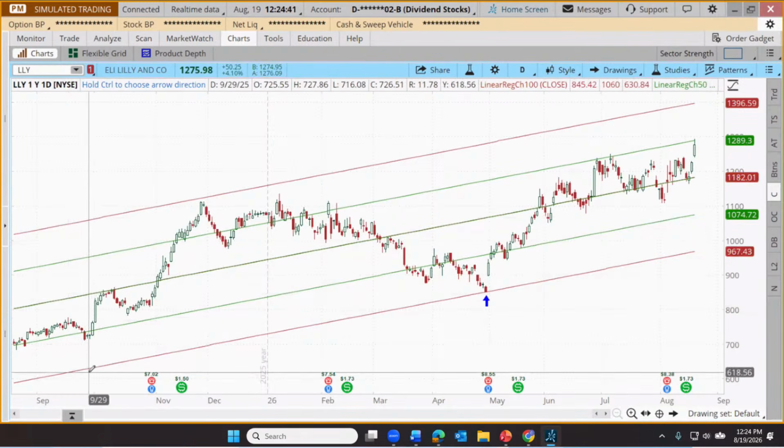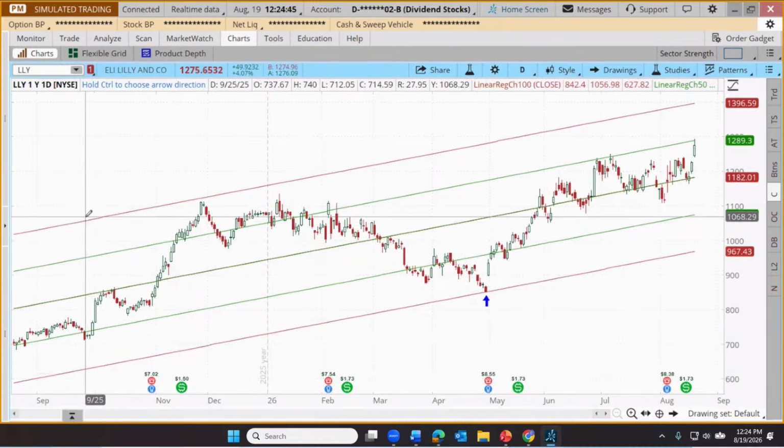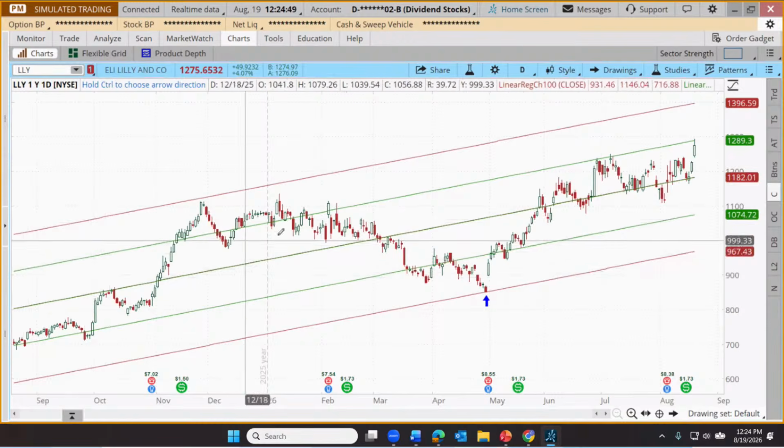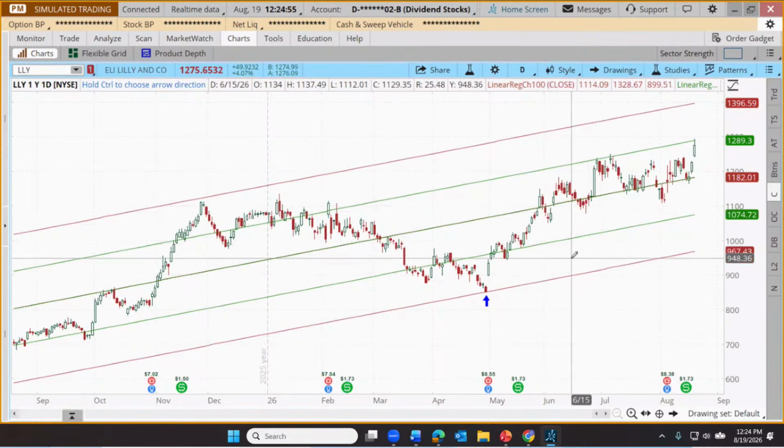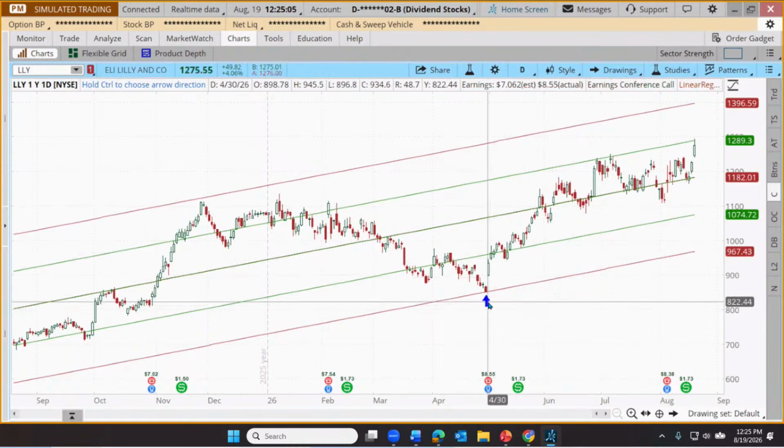So this is our linear regression channel 100 that's a negative 100. This is our linear regression channel that's a positive 100. And then we just split the difference with our linear regression 50. In other words, it's 50% of that big distance move. And these now become potential areas of support and resistance, potential price floors and price ceilings that traders will sometimes trade.